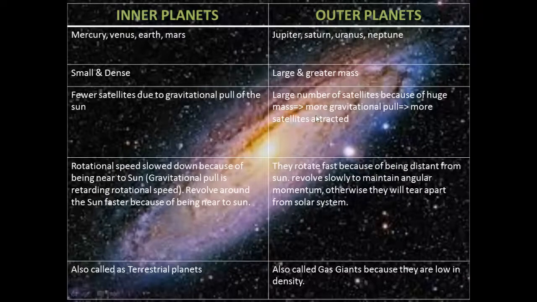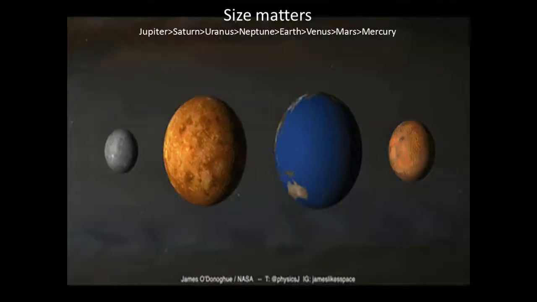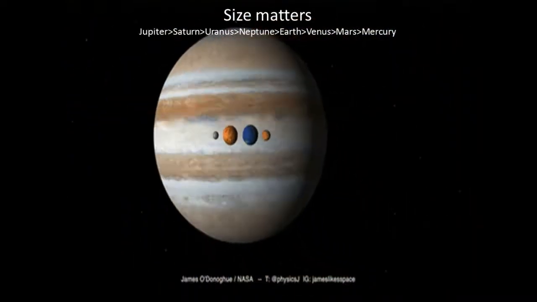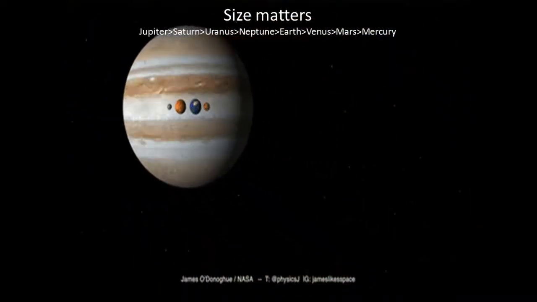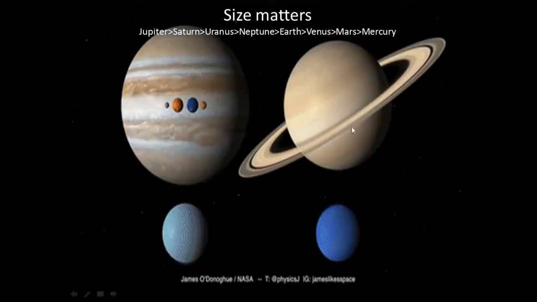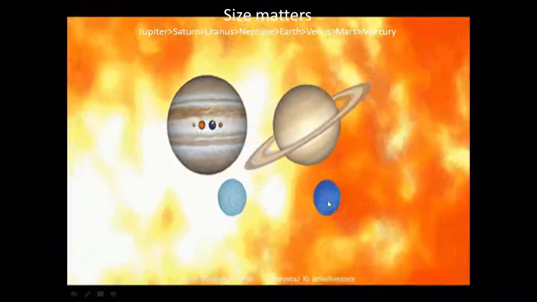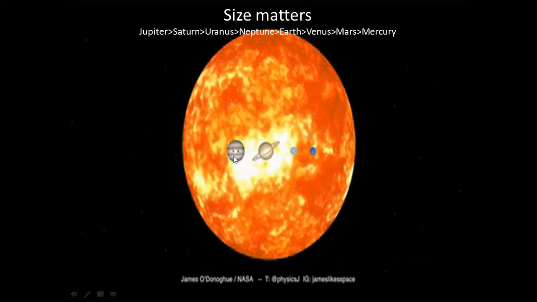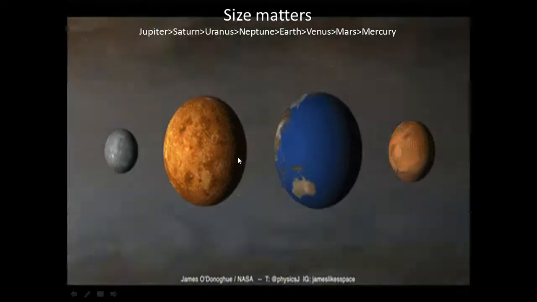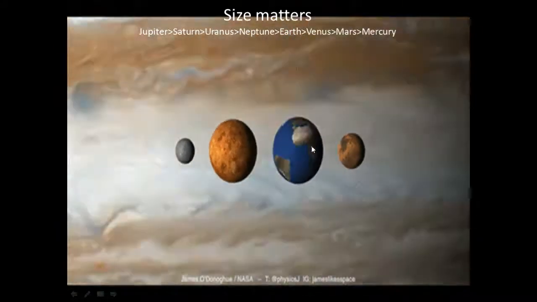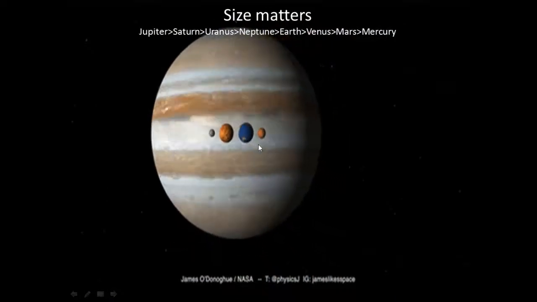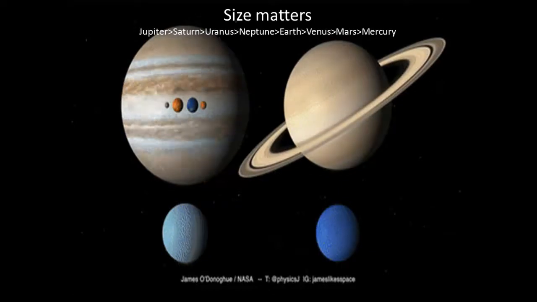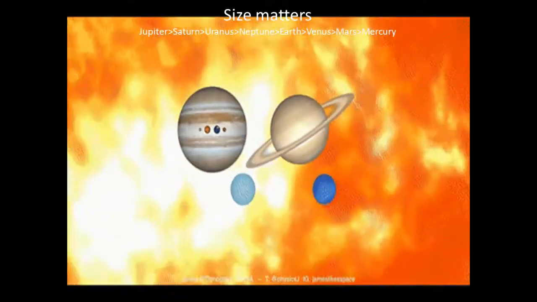We have seen in the comparison slide how big they are; this next slide will show you how big the outer planets are. The first four were Mercury, Venus, Earth, Mars. The next one is Jupiter, then Saturn, Uranus, and Neptune, and you can compare their sizes with the Sun. They are nothing in front of it. Especially our Earth is nothing in front of our Sun. Our Earth's radius is 6400 kilometers, whereas the radius of the Sun is 6,95,000 kilometers. So we are nothing in front of the Sun.